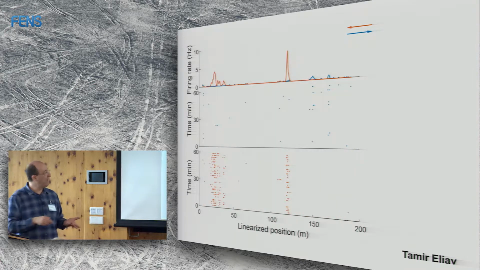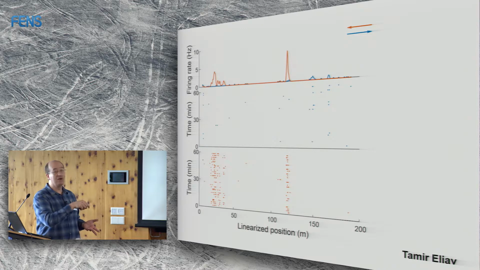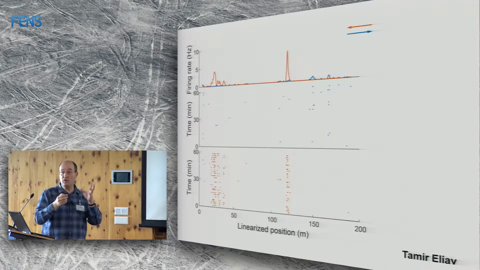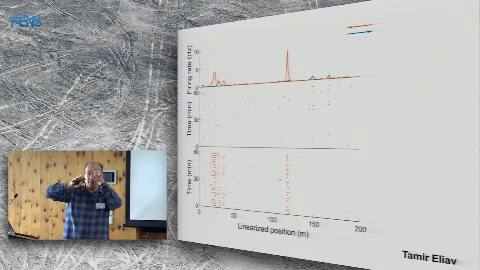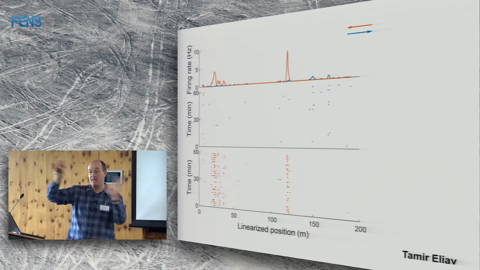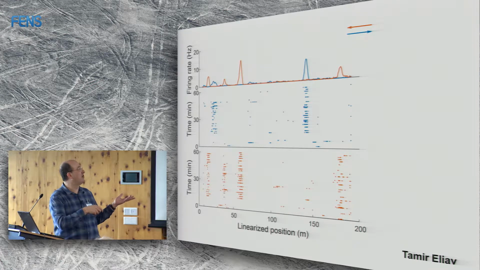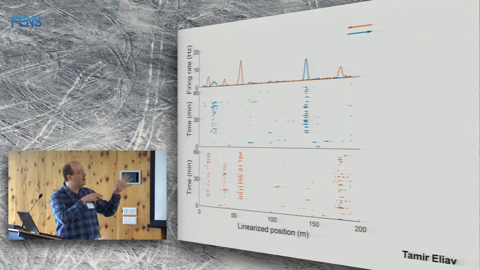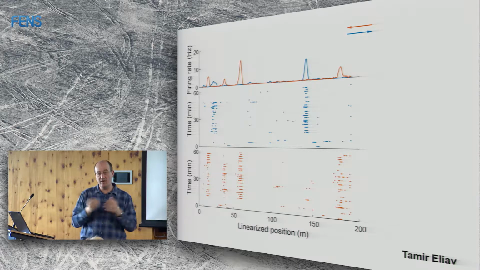And this is another example of a neuron that in this case does not fire at all in one direction, fires only in 2 locations in the other direction, but again, has a small field here and a large field there. We have cases of neurons whose 2 different fields could be up to 15 times different in scale. So it's really a multi-scale representation. Not all neurons do that. This is an example of a neuron that has multiple fields, all of which are roughly the same size. But in general, we have a diversity of firing patterns, and we have a lot of these multi-scale neurons,